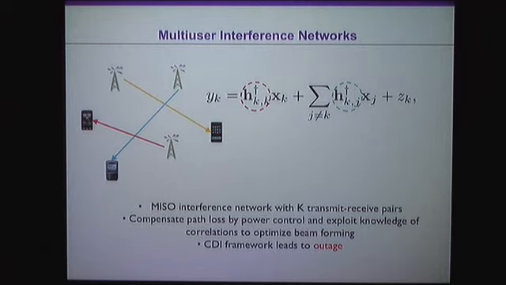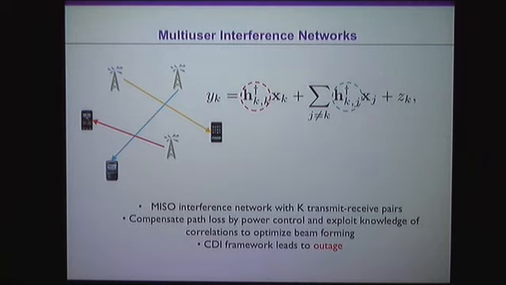The particular scenario that was considered was in interference networks in which you have k pairs of nodes that wish to communicate between each other. And this is a MISO system in which each transmitter has multiple antennas and each receiver has a single receiving antenna. The communication channel is written as follows. You have that the output is given by the vector of the transmitting antennas, that's the desired signal, plus all the interference of all the other nodes, plus Gaussian